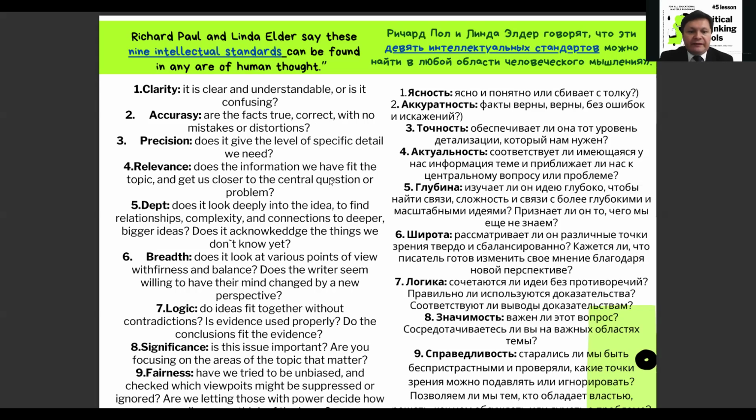And fairness. Have you tried to be unbiased and checked which viewpoints might be suppressed or ignored? Are we letting those with power decide how